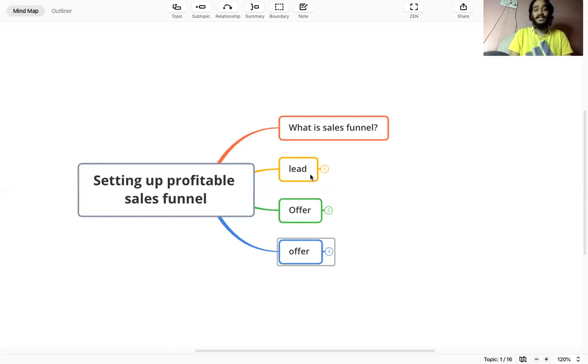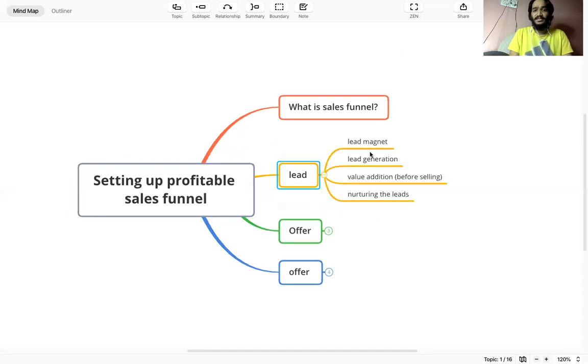Let's go to the next topic, that is leads. Leads is nothing but having a lead magnet. What is a lead magnet? A lead magnet can be anything that attracts your audience like a magnet. Suppose there is a customer who is cold and doesn't know about your product. How will you make them aware of your product? By sending mails, by a video series, a YouTube series, anything, by ads. A lead magnet can be ebooks, your video series, your course, anything. That is what a lead magnet is.